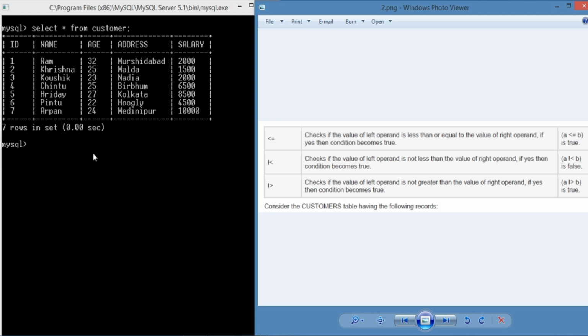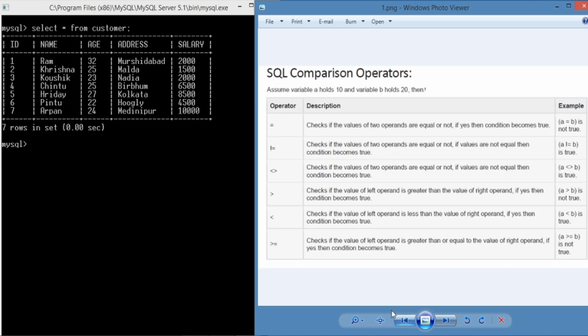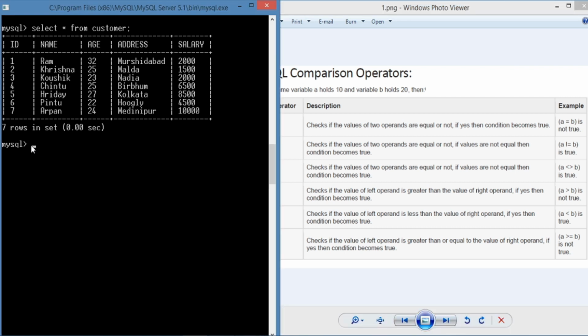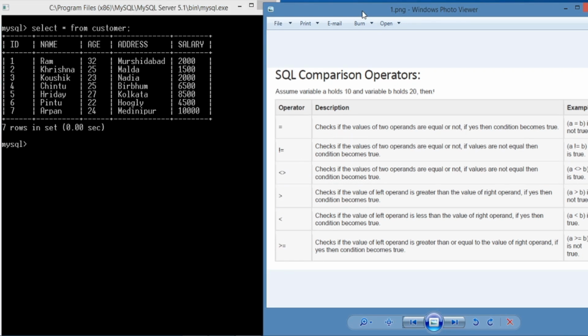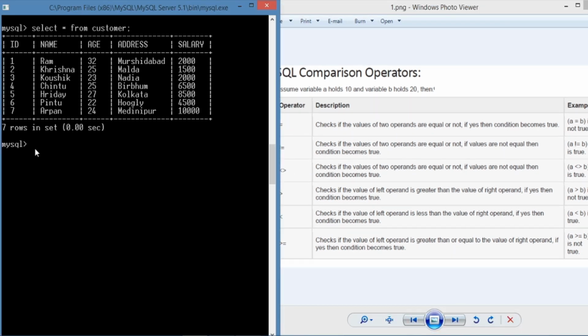Now I check the first comparison operator, the equals to operator, by writing this SQL query. So write the query, starting from customers, which is the table name.